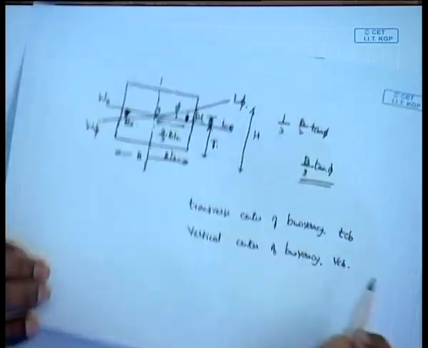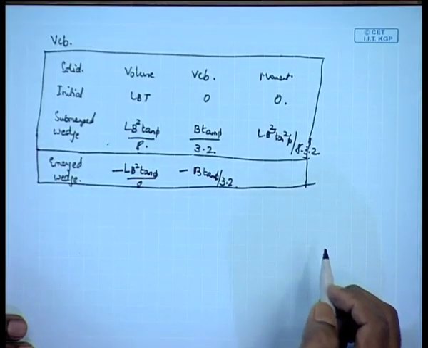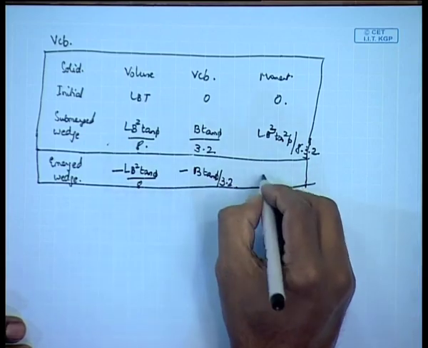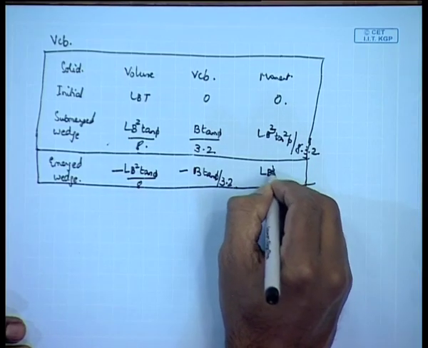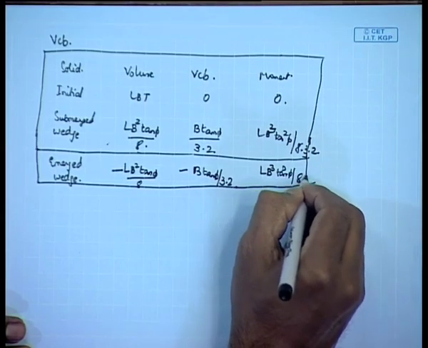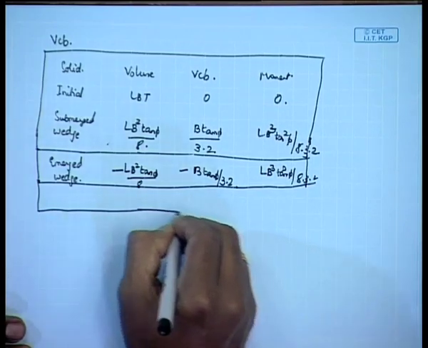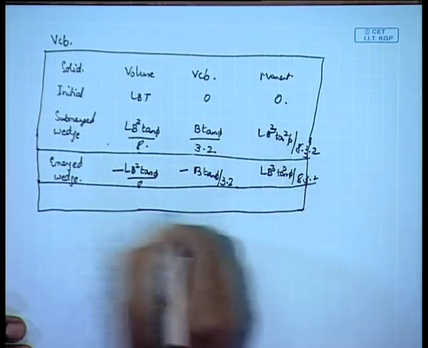So, that region is in the opposite direction, so it is negative of that. So, this moment is again positive L b cubed tan square phi by 8 into 3 into 2. So, for the total parallelepipedic barge,